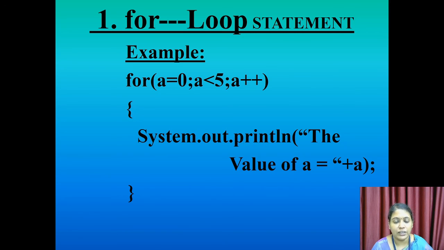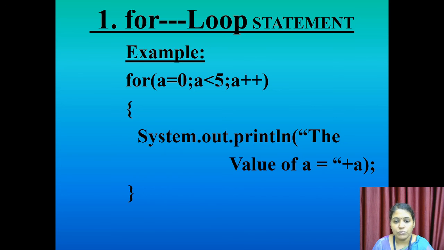Next, again the control goes to the increment expression, a plus plus. Now the a value is changed from 1 to 2. Again the control comes to the conditional expression, 2 less than or equal to 5. Yes, it's true. Once it's true, the program control comes to the for loop section. In the section the value of a is printed on screen, so 2 is printed. Similarly the a value is printed until it comes to 4.